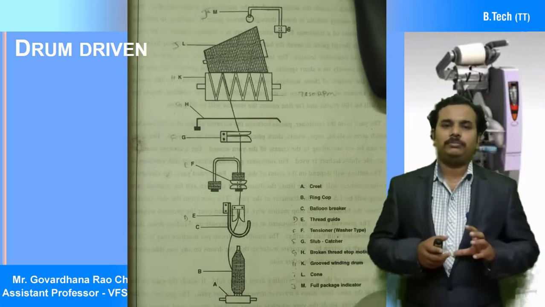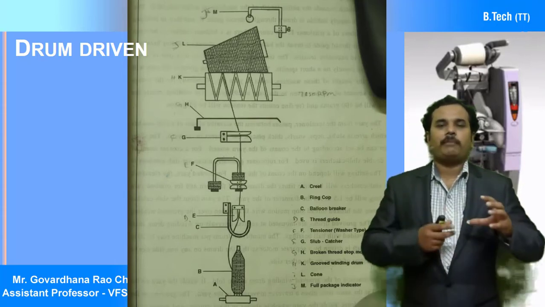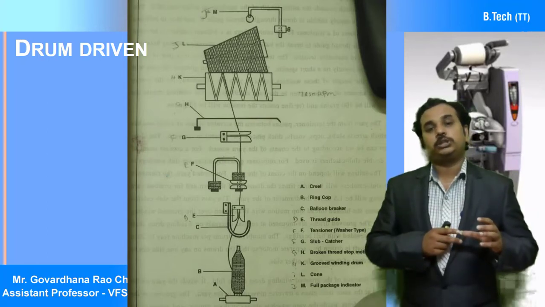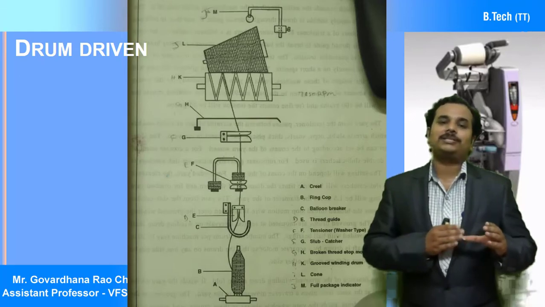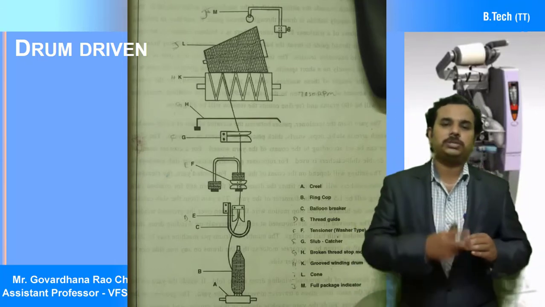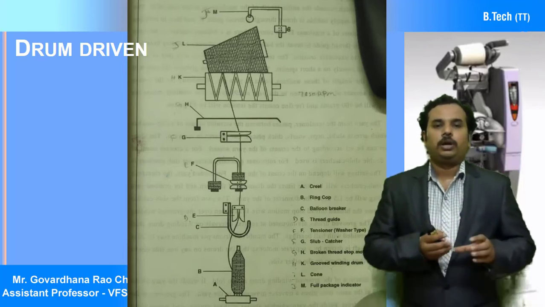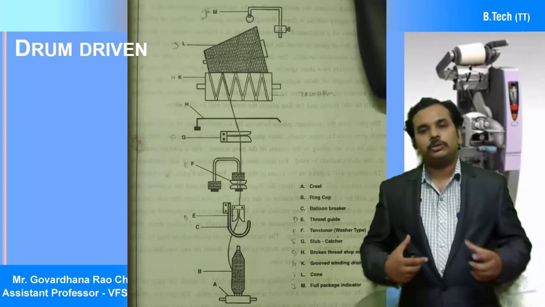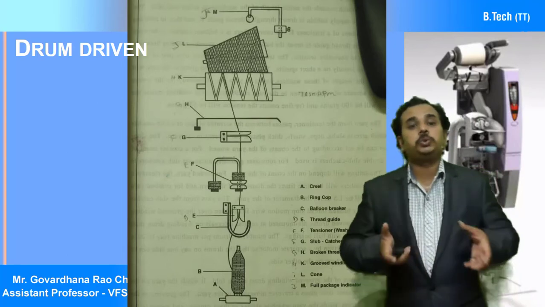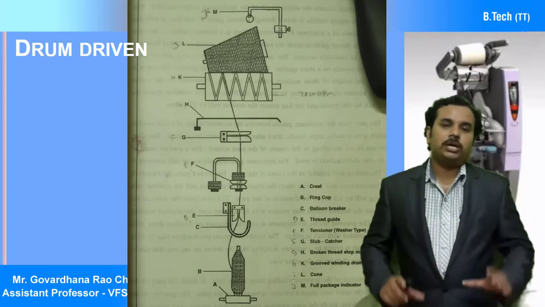Now there is a drum. Here it is a grooved winding drum, where this drum is having grooves. These grooves are very important to traverse the yarn from one side to the other side. So you can observe there are grooves in the drum. The yarn follows the groove of the drum, and the drum is going to be driven. Nothing but the rotary motion is given to the drum, not to the package directly. So we are giving the drive to the drum.